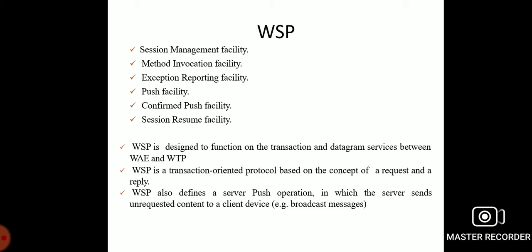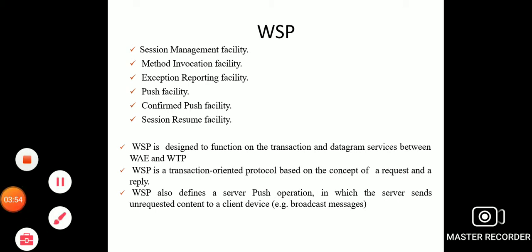The WSP is a transaction-oriented protocol. It is based on the concept of request and reply operations, and it also defines a server push operation in which the server sends unrequested content to a client. That is a broadcast message.